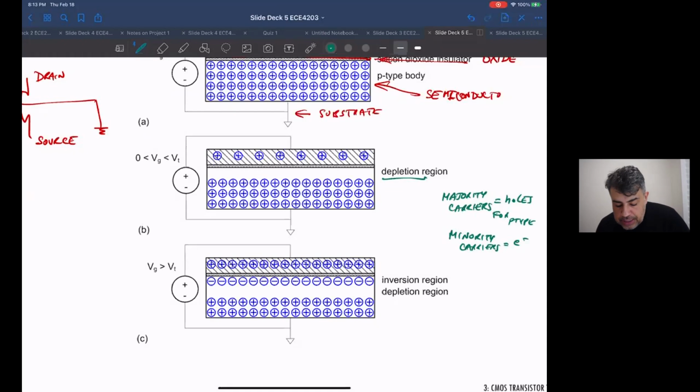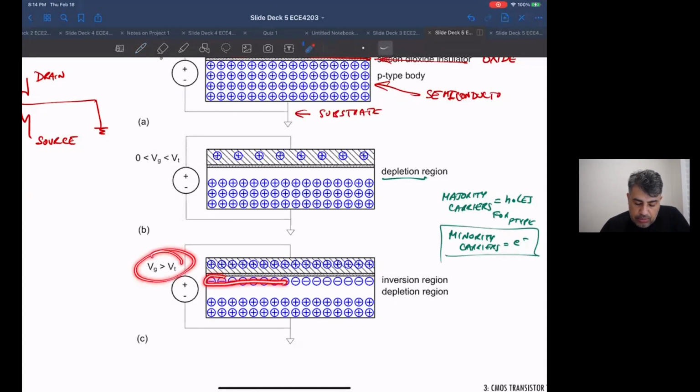So in a p-type doped semiconductor, you have many more holes than electrons, maybe by a factor of 1,000 or 10,000, depending on the doping concentration. But there are some electrons, and as you increase the voltage past a certain point, a bunch of those electrons start getting attracted